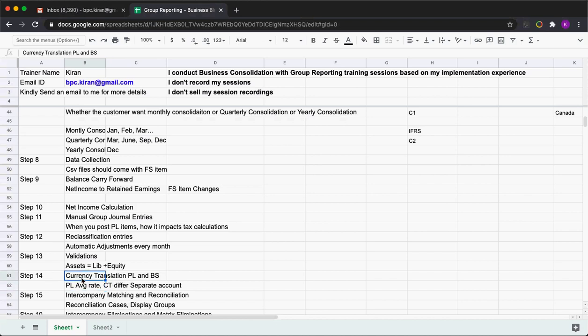We are going to discuss this in detail at that time. Once you understand the product, those points you can add. But the point to be added: currency translation to be discussed in the blueprint, how it's going to be handled for non-historical accounts, historical accounts, P&L accounts, retained earning account, net income account.